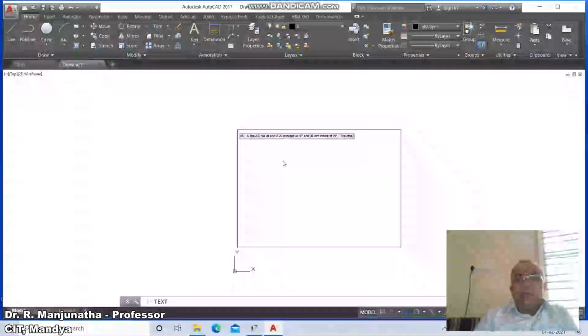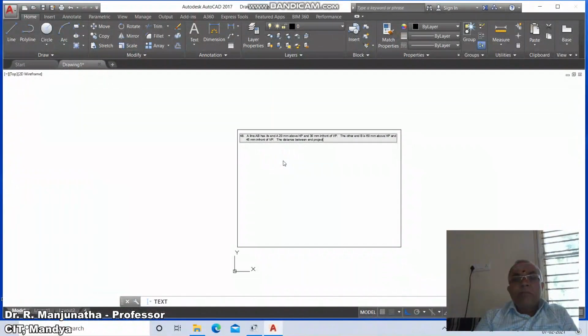The other end B is 60 mm above HP and 45 mm in front of VP. The distance between the end projectors is 70 mm.